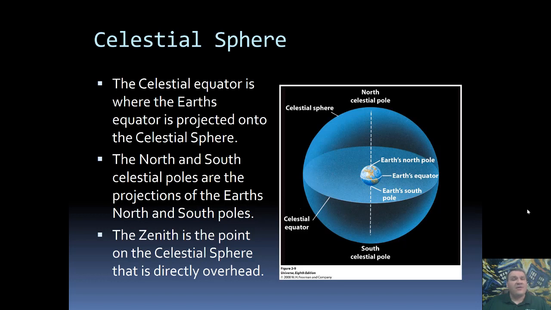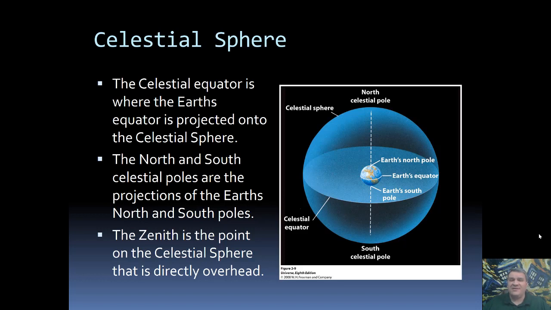Now there's one other special point on the celestial sphere that I'd like to define. This is the zenith. The zenith is the point on the celestial sphere that is directly overhead of the observer. Because this is defined from the observer, it actually changes with location. As an example, imagine that one night you go out and right on your zenith, you see a comet. And knowing that you have an aunt who's very excited about astronomy, you immediately run in and call your aunt in New York City and say, "Hey, look up at the zenith. Do you see that awesome comet?"